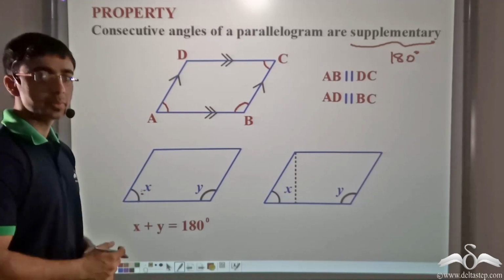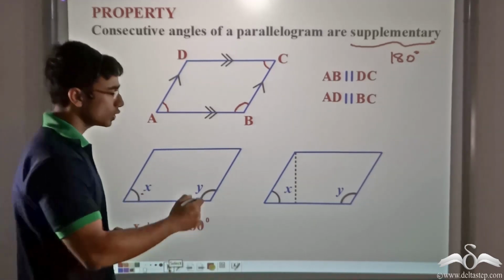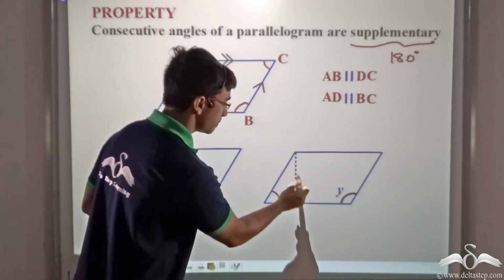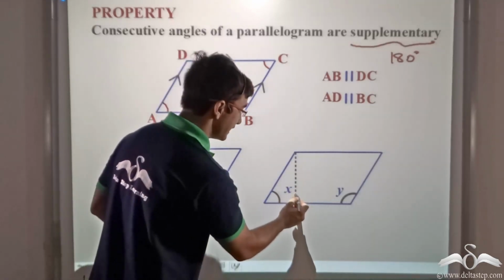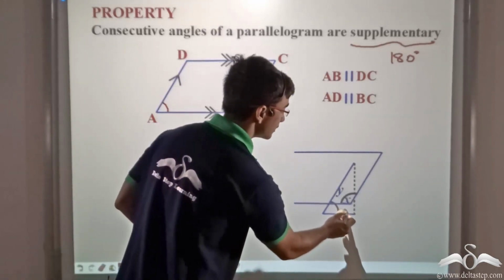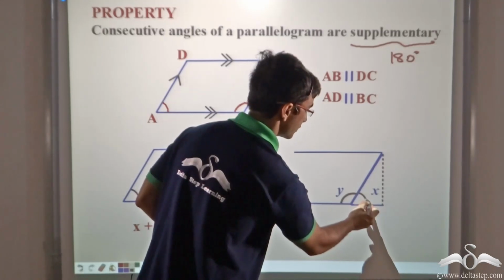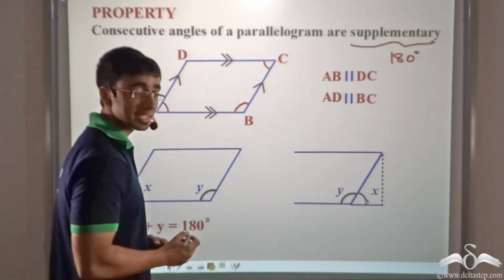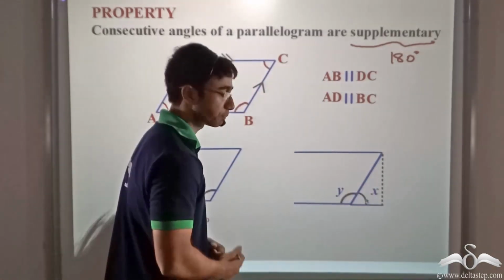So in a simple way, we can prove this with a very simple activity. Over here, I take this particular portion that resembles a triangle. I take this portion and I move it to this side. Since opposite sides are parallel to one another, I was able to do this very simply.